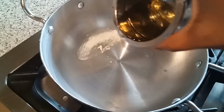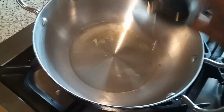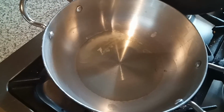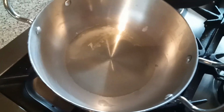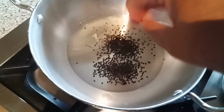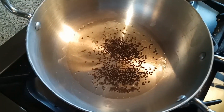Take a kadai, add 2 to 3 tablespoons of oil because we are making oil eggplant stuffed gravy. So we require more oil, and when the oil is hot we have to add the mustard seeds. You can have 1 teaspoon of mustard seeds, and when the mustard seeds started splattering we have to add